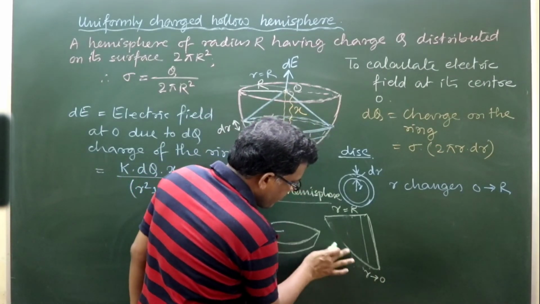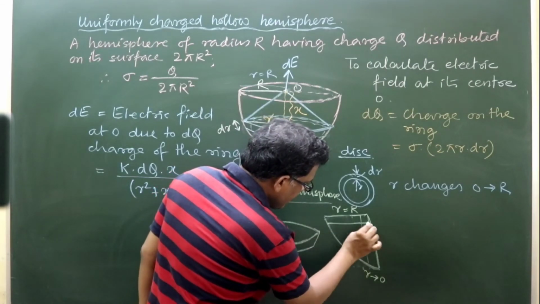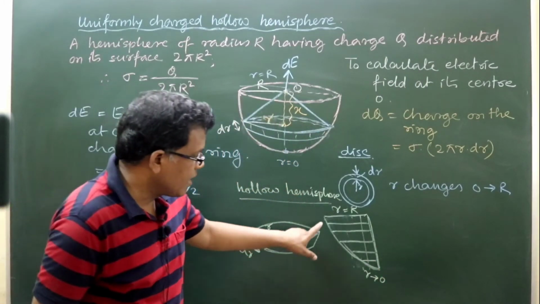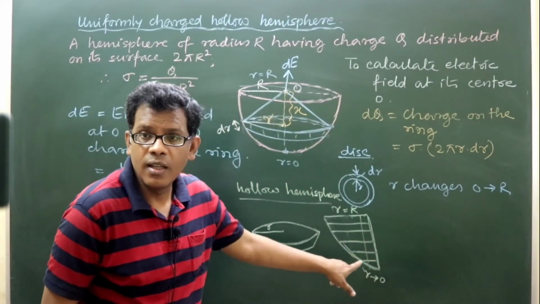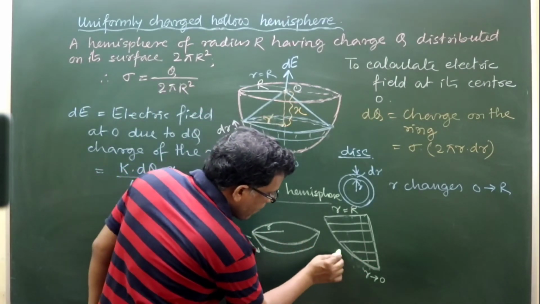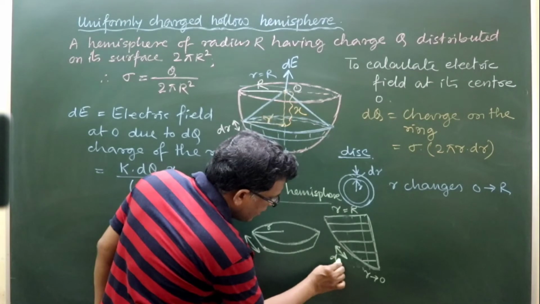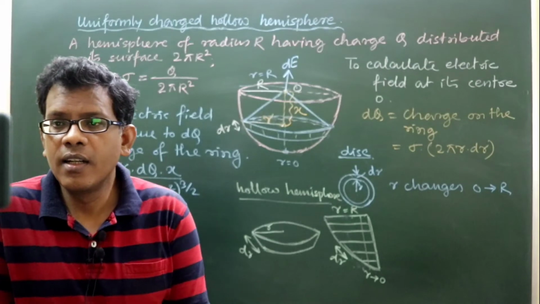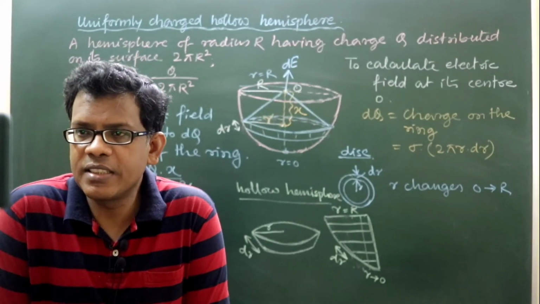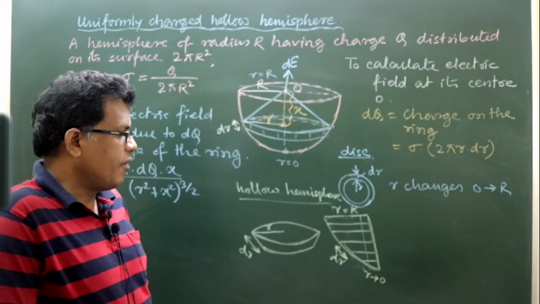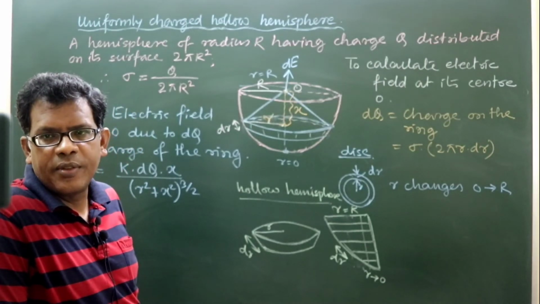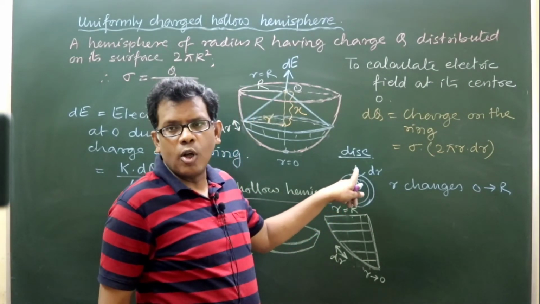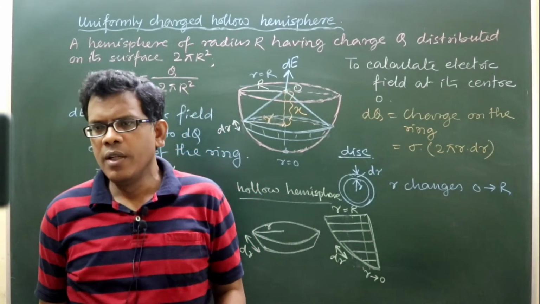This is the circumference part of the hemisphere. These are the corresponding changes of r, right? Are you getting me? These are the corresponding changes of r, okay? But dr is not appearing linearly with small r. Rather, every time the slant portion of dr has a different direction. The presence of dr is not linearly arranged with r, whereas in case of the disk, the change of r was always through dr from one ring to the next ring.